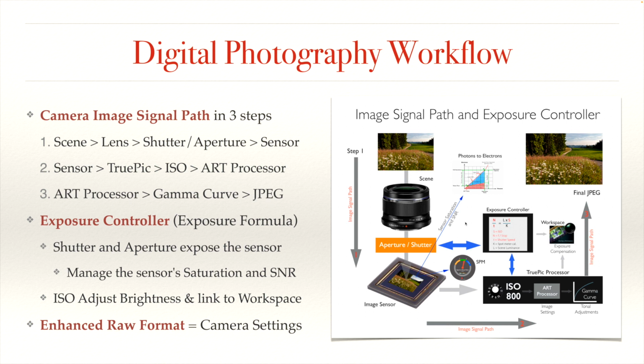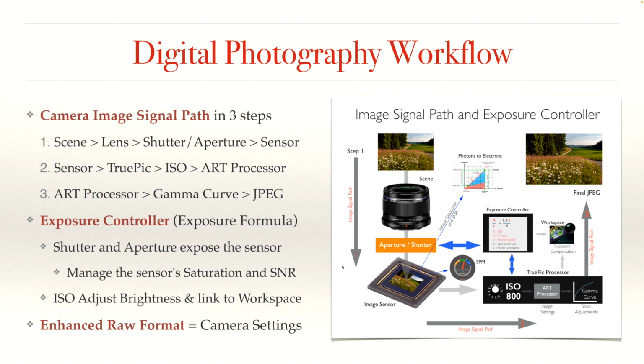Having a quick look on the right here with the exposure controller. The exposure controller is controlling 5 variables. The fifth one is the spot meter calculation, which we can't influence. It's a fixed setting. The 4, which we discussed, are the scene luminance, the shutter speed, f-stop, and ISO, which